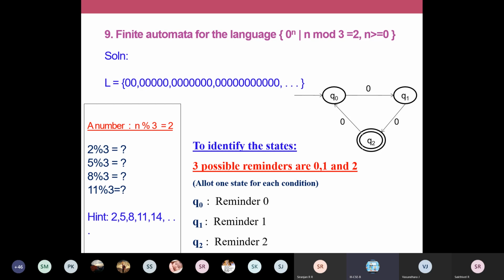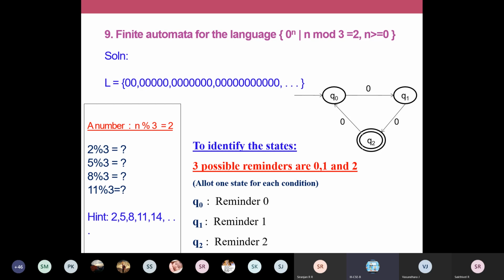So when I'm taking this modulo operation, you have to note down the possible remainders, because now our task is to identify the number of states. To identify the number of states, we have to see the possible combinations. You gave some answers, 14, 17, mod 3. Those are correct, but we have to start with the smallest possible numbers once again. Then only I can identify the states. So we take the smallest possible values, from 1 to 3 onwards.